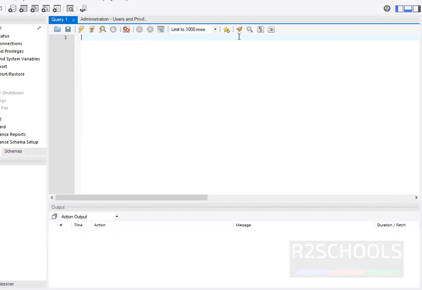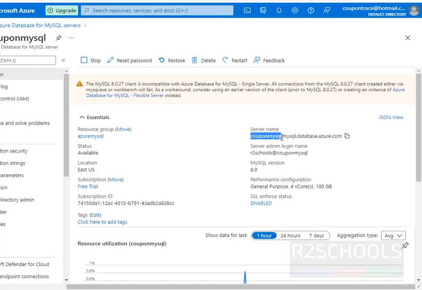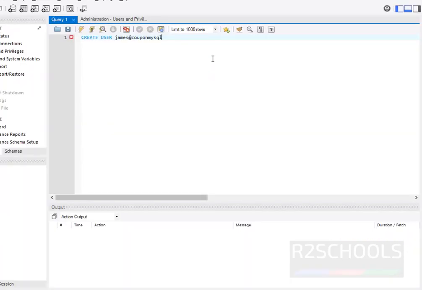Second method, to create a user by using the query window. Create user James at, and we have to provide the server name. Go to the portal and check, this is the server name. Copy it and paste it here. Identified by password.